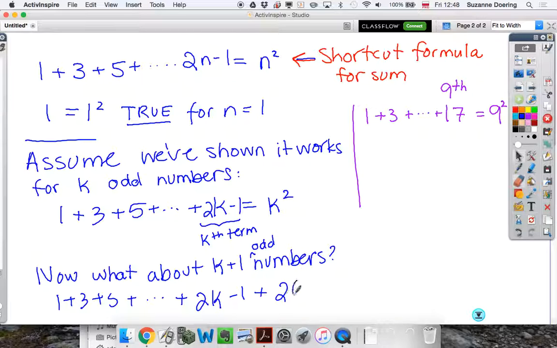So we take 2 times k plus 1 more, and minus 1. And what we would like to show is that our shortcut formula still works. So that would mean if we add up k plus 1 odd numbers,